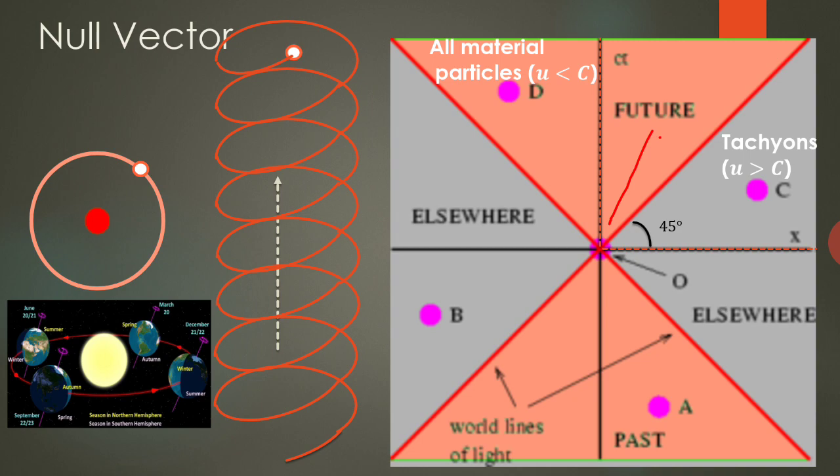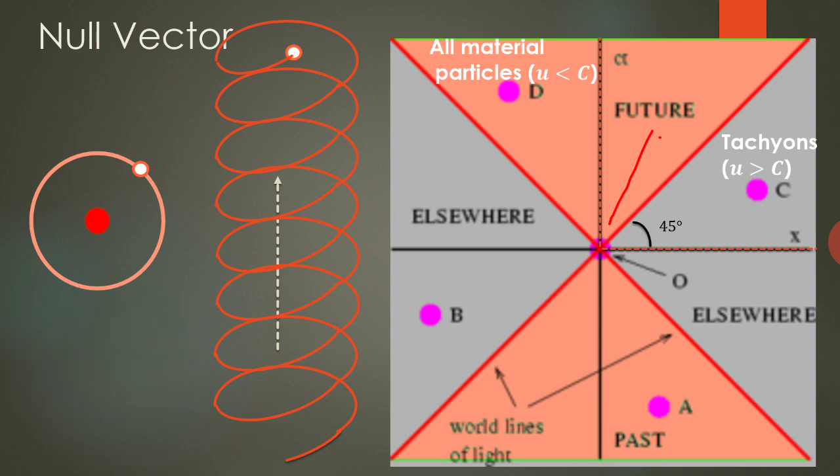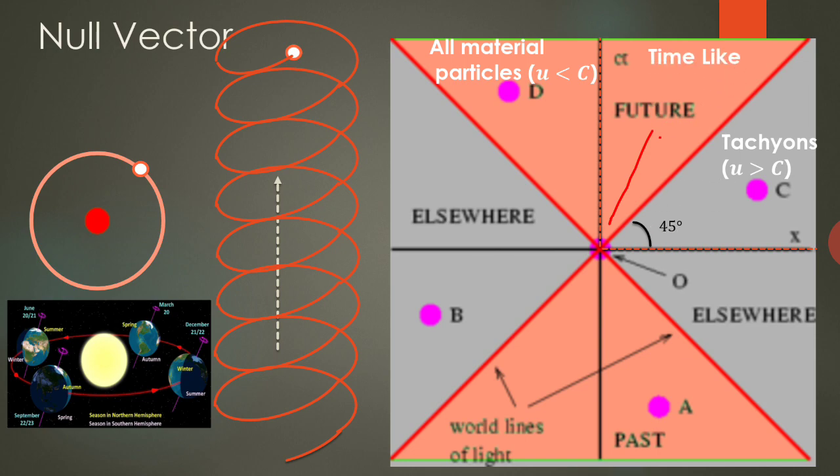light travels equal distances in all directions, so we don't need any direction information for light. All we need is the information about time. If we specify the time, we can predict the final distance light has traveled from the origin. And that's why all material particles will be called time-like particles,